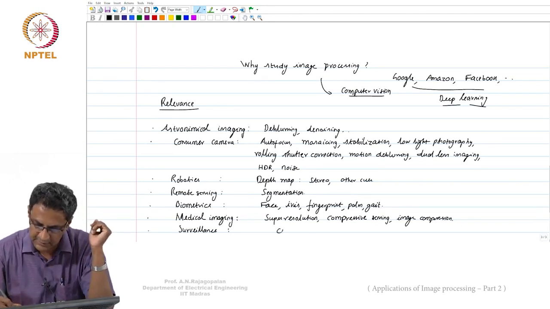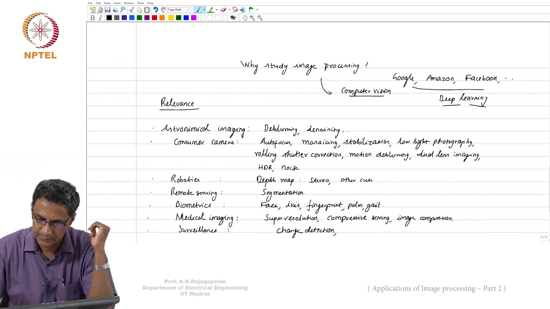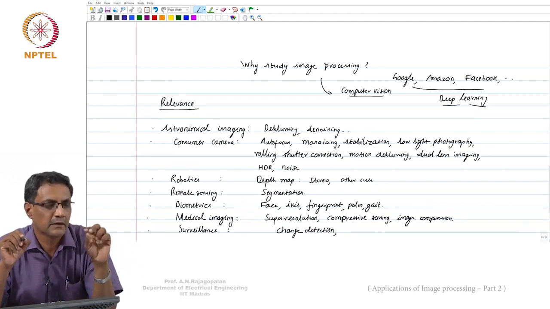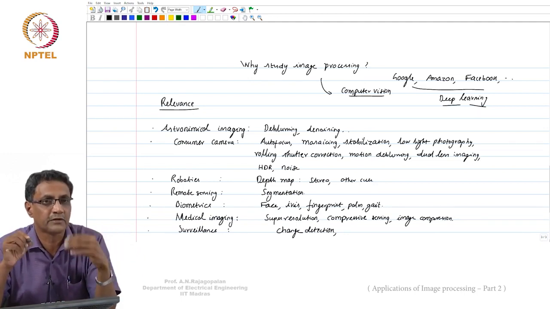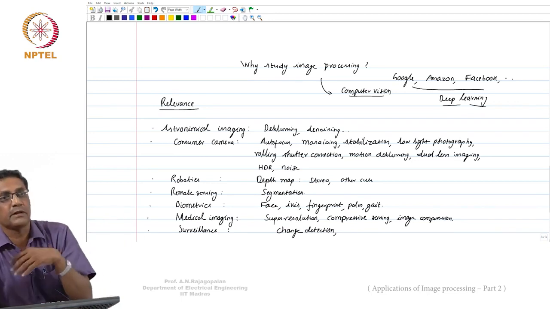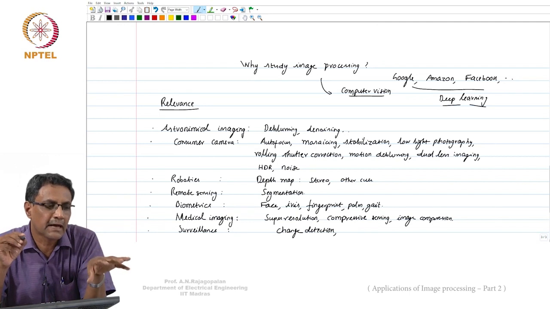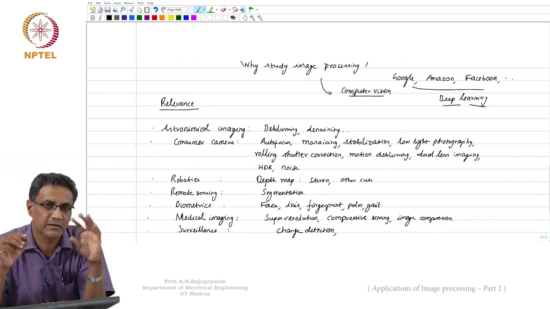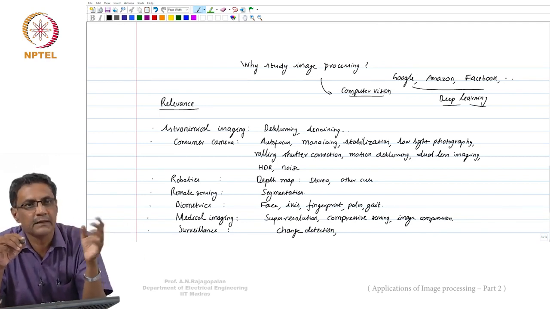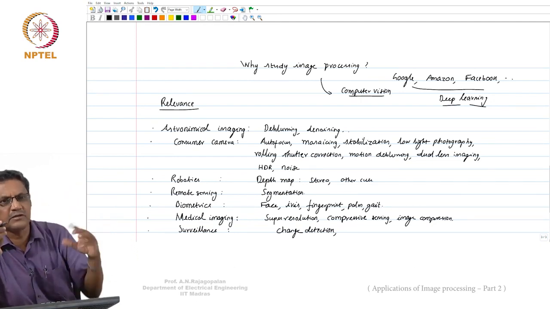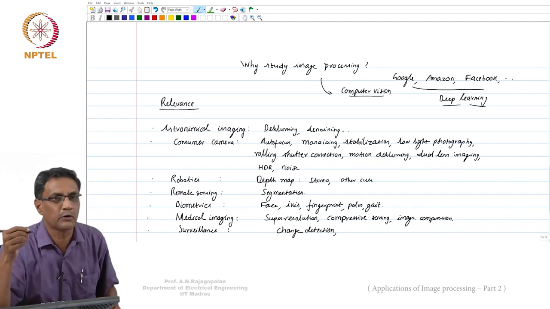One of the other things that is very, very relevant is what is called change finding. What that means is something which you took, let us say, a month ago of some scene, and then after a month you come back, and then you take another image. What can happen is it may not be the same camera. The first time you took it with some other camera, and then the second time you don't probably have the same camera. Secondly, it's impossible to be exactly at the same location.